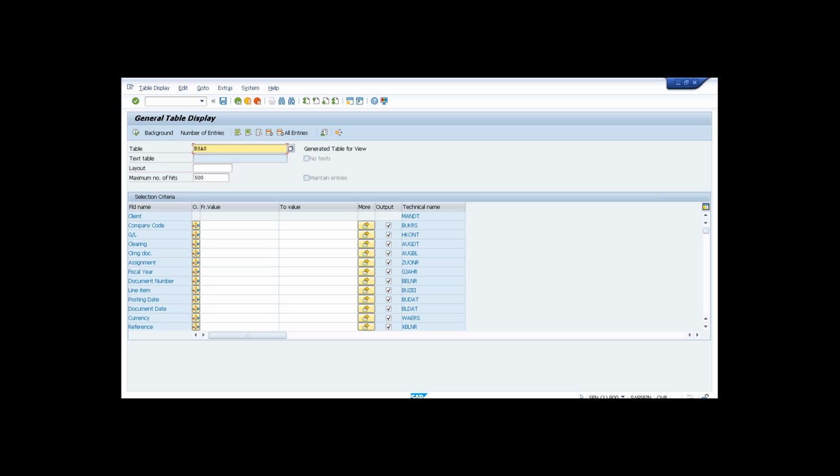Okay, similar to BSIK, BSAK, BSID, BSAD, all these tables are created as views. Now let me show you, if I write here ACDOCA, it does not exist. There is no table called ACDOCA here, but if you go to the Simple Finance screen and write ACDOCA,